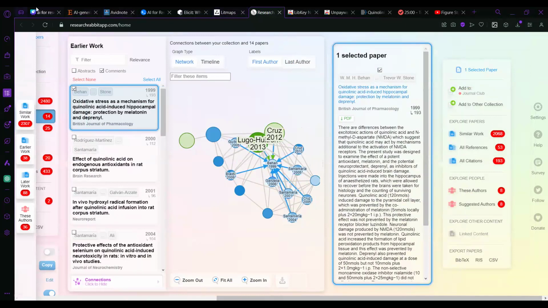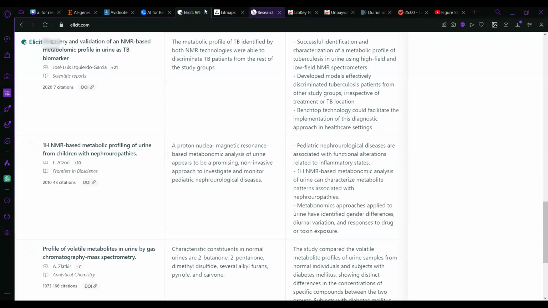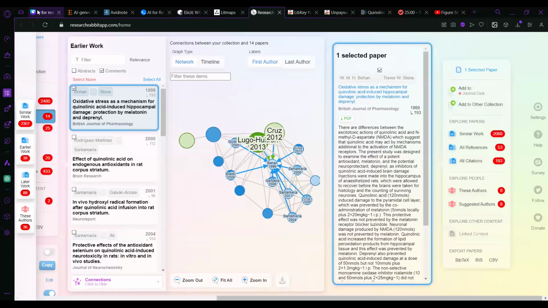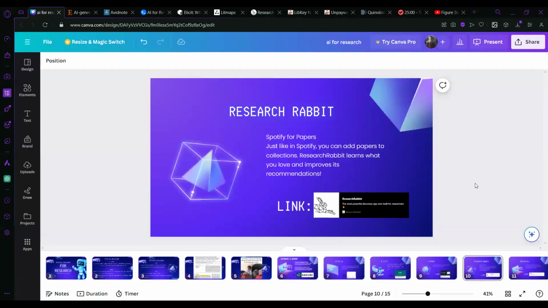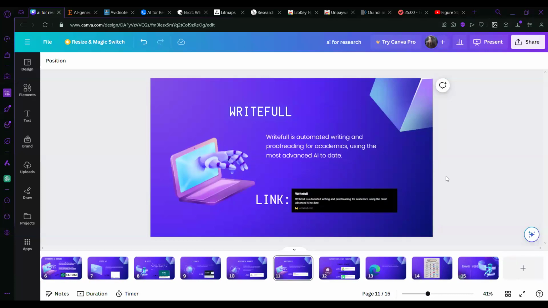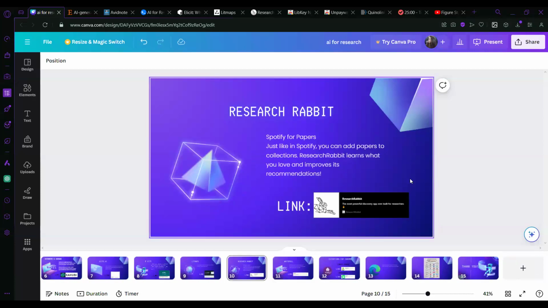So yeah, Research Rabbit and Elicit, I think, are definitely two of the things that you guys should be using if you are doing any type of literature review or introduction, stuff like that.